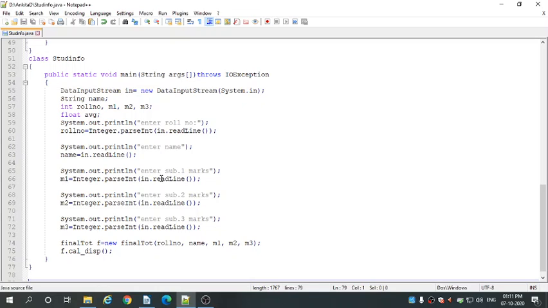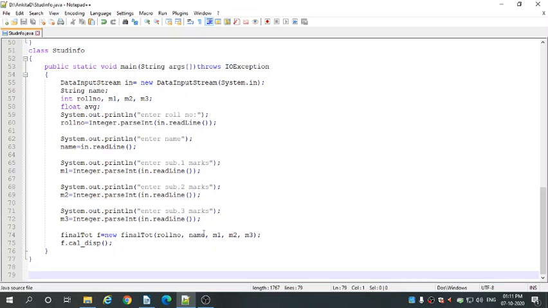It is asking you to pass subject 1 marks. We are reading the subject 1 mark, m1 equal to Integer.parseInt in.readLine. Also System.out.println enter subject 2 marks. We are converting m2 equal to Integer.parseInt in.readLine. Like this, it is asking you to pass the values.